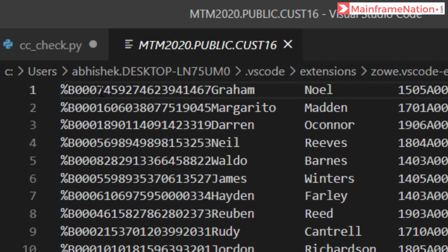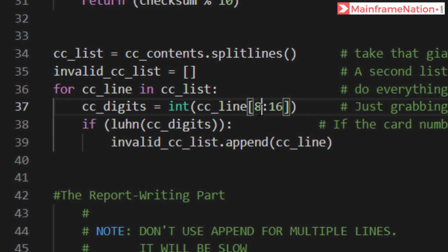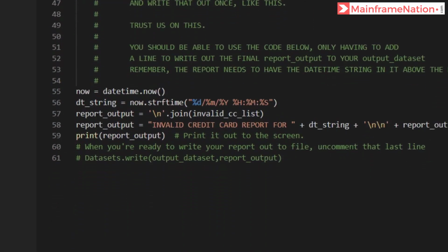This is 5 and it is going on till column number 21. This is the 16-digit credit card number. From column 5 to column 21. So correct the column numbers, it should be 5 to 21. Then save the dataset. Our program is now ready.